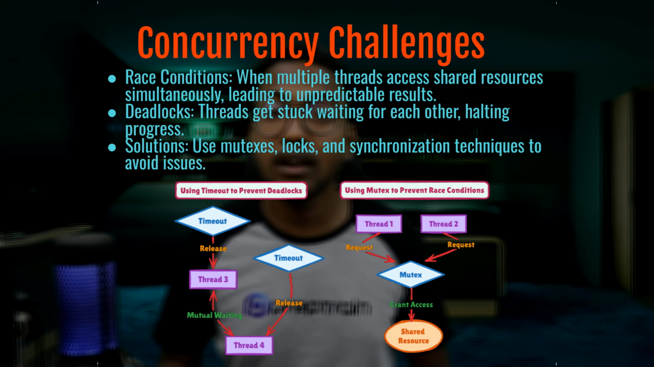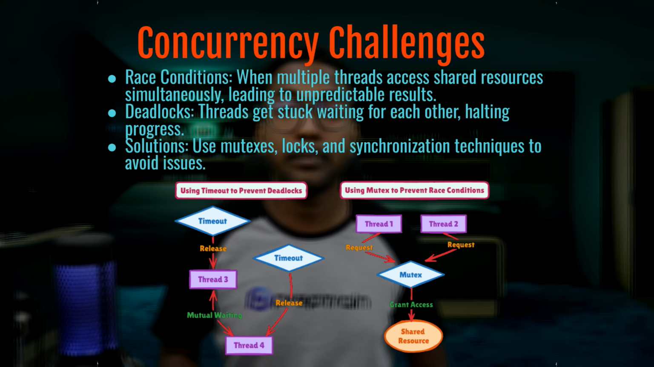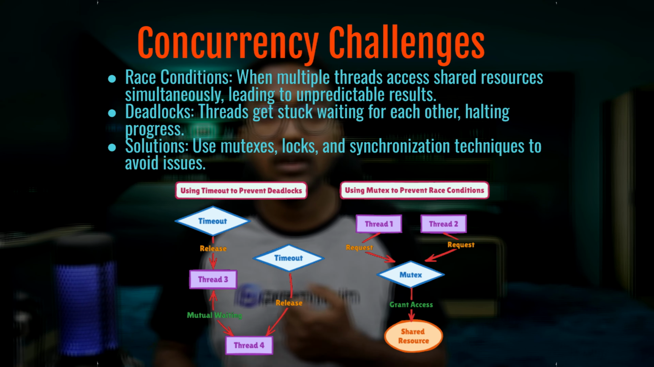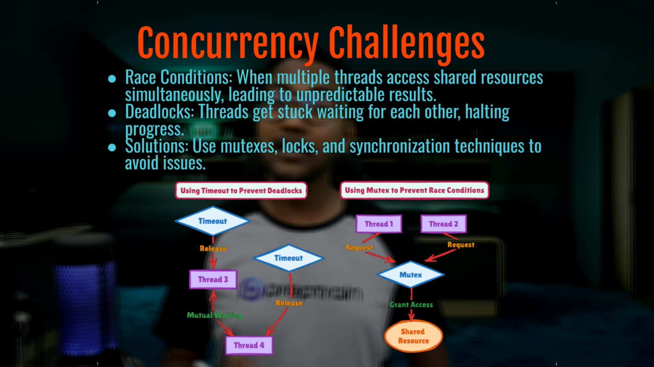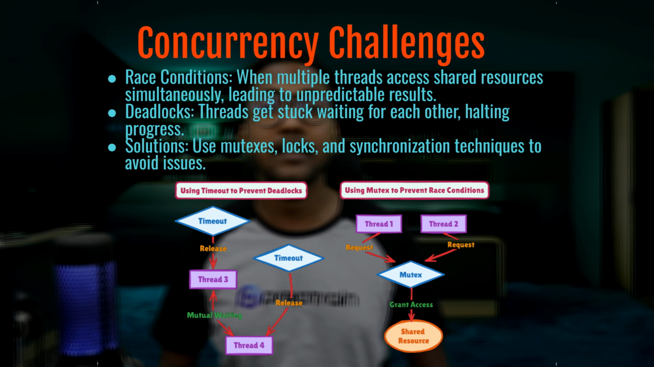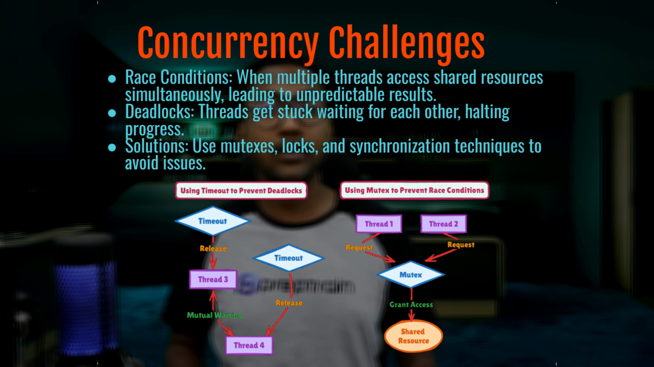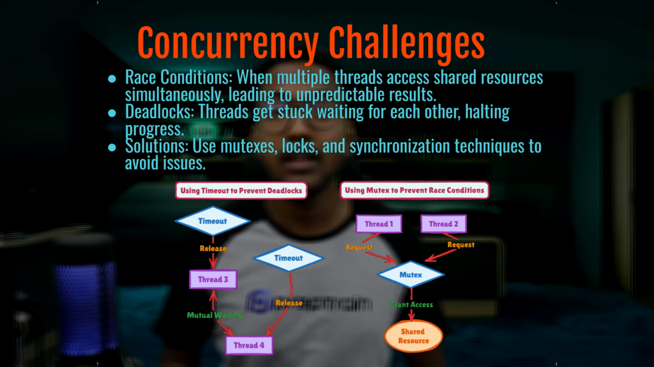To avoid deadlocks, it's important to follow proper locking protocols, such as always acquiring locks in the same order to prevent circular waiting. Finally, let's talk about solutions. As I mentioned earlier, using mutexes and locks is one of the most efficient ways to avoid race conditions and deadlock. Another solution is to